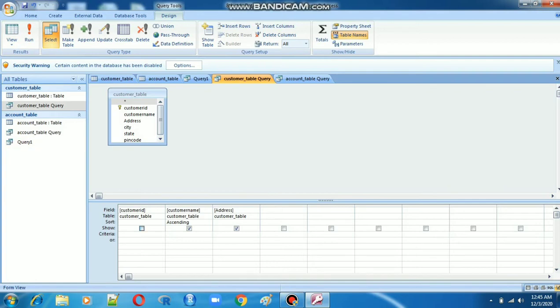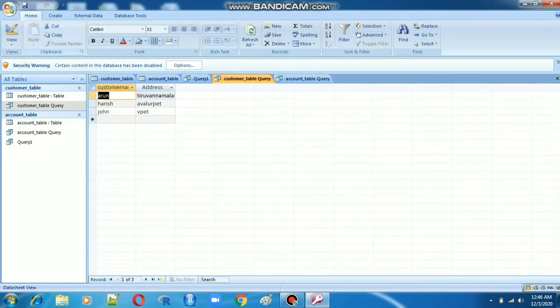Now you have to execute. See here, customer id is hidden, only customer name and address are displaying. In a query, this process is what we do the most: how to sort the field and how to show the field, how many fields you want to show.